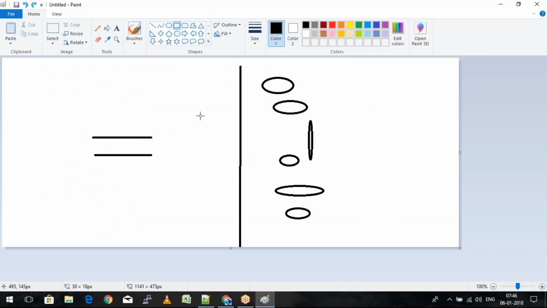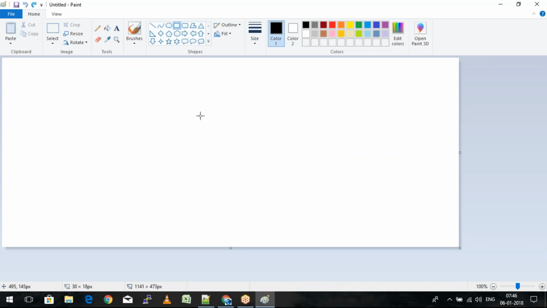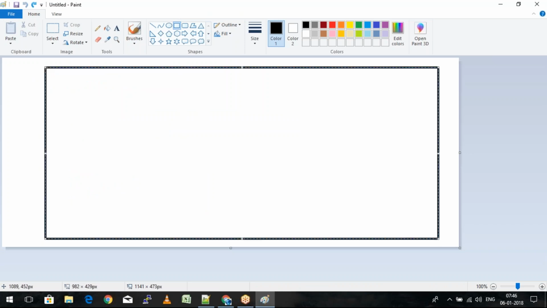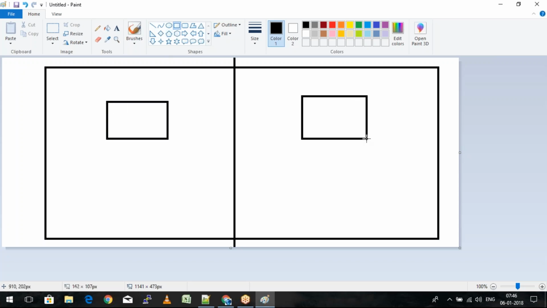taking this as an example, let me show you once more. So this is our VPC. Since we are in Mumbai, we have two different availability zones. And this is subnet 1. This is subnet 2.